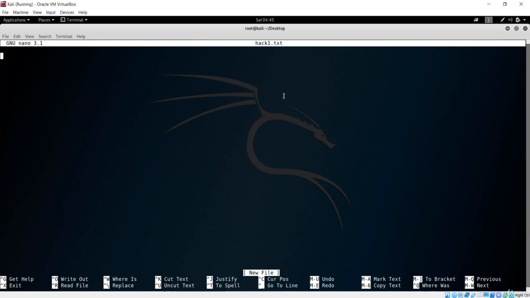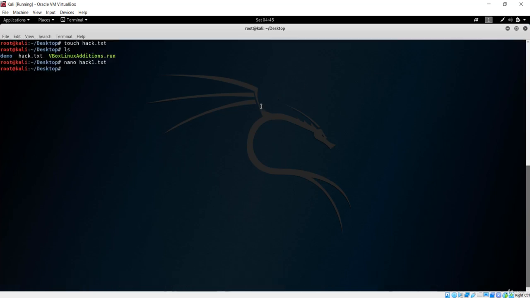But for now, if I want to exit out of it, I'll simply press Ctrl X, and now if I list, we have only hack.txt, because in order to create that file you have to save it and then exit. I haven't saved it because I don't want to create a new file, so I have just closed it instead of creating it, so it won't be created. Only hack.txt exists, which was created with the touch command.